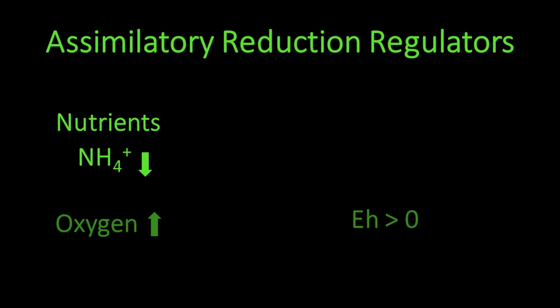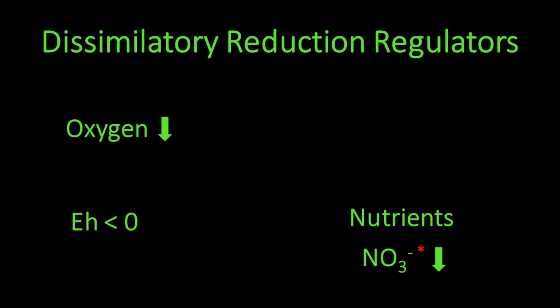This process occurs primarily in aerobic soils, where nitrate will be available. Temperature also has a positive effect on assimilatory reduction. Dissimilatory nitrate reduction does best in anoxic environments with relatively low nitrate levels. Emphasis on relatively low. The dissimilatory nitrate reduction reaction is more efficient at capturing nitrate, but not as energetically effective.